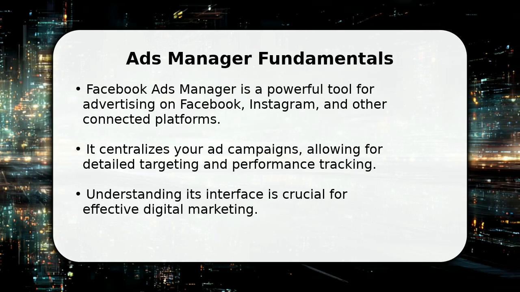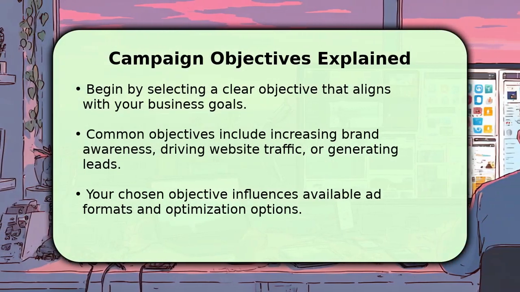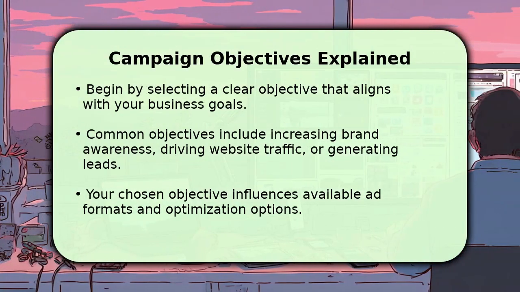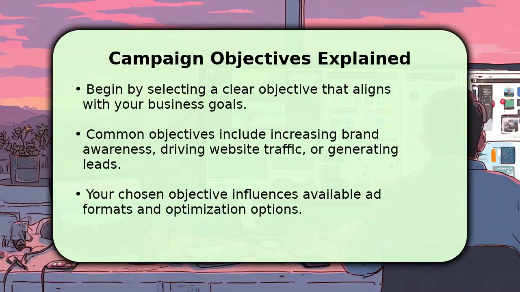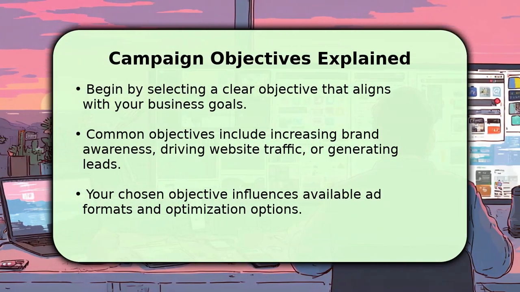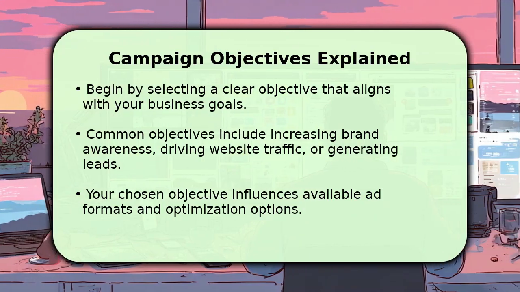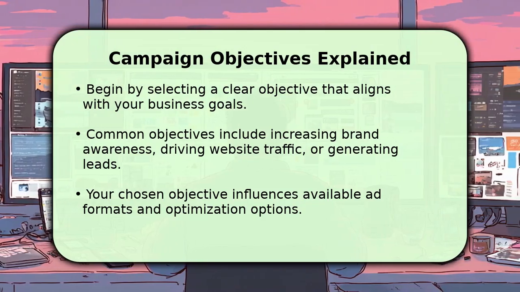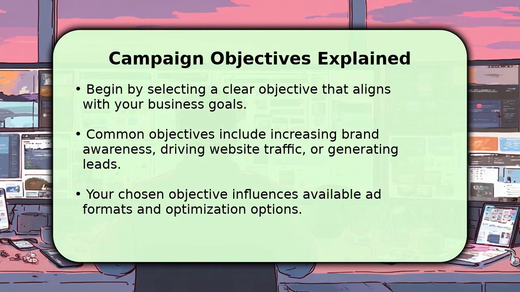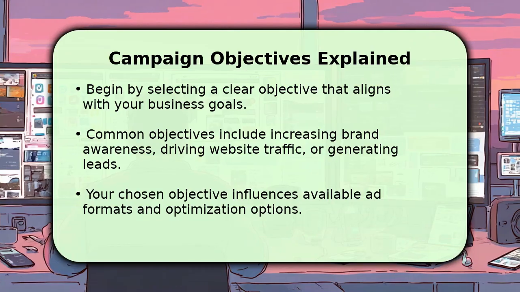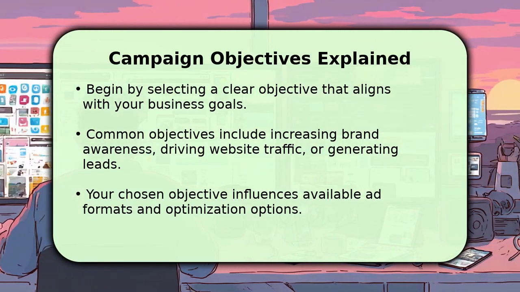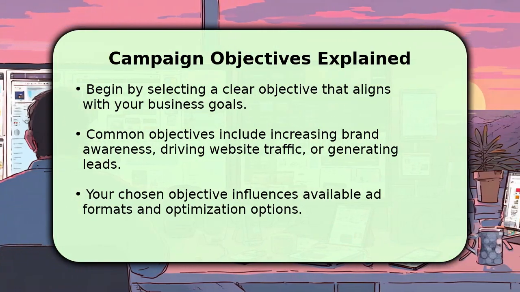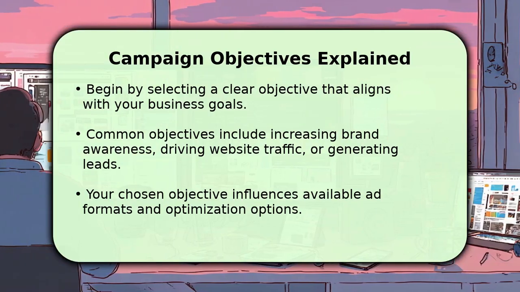the right moment. Your first step in Ads Manager is to define your campaign objective, which dictates the ad types and optimization strategies. Do you want to build brand recognition, encourage interaction, or drive sales directly? The platform offers three main categories: awareness, consideration, and conversion. Selecting the correct objective is fundamental, as it guides the entire campaign structure and how your ads are delivered to